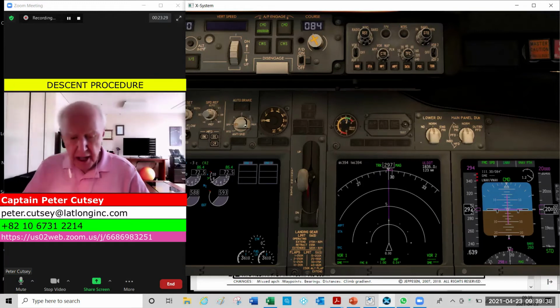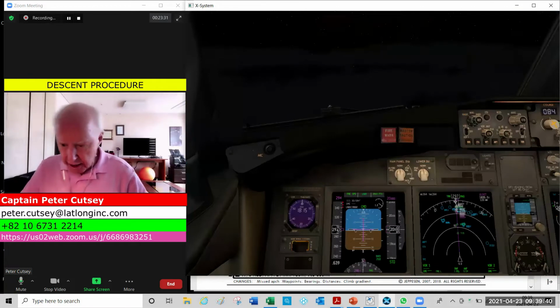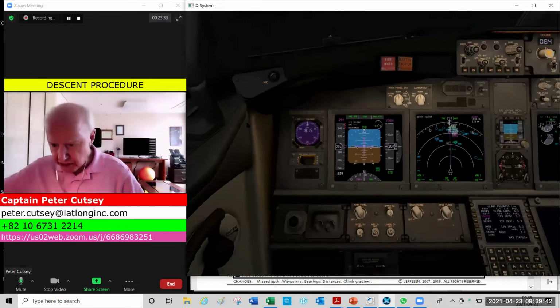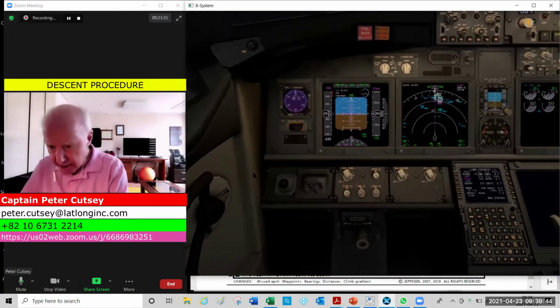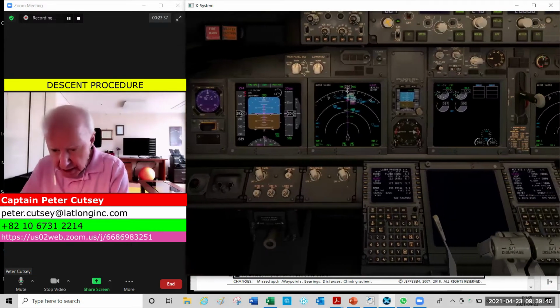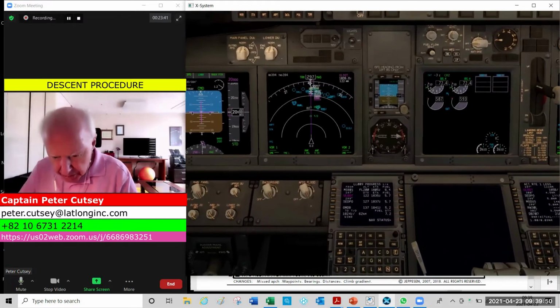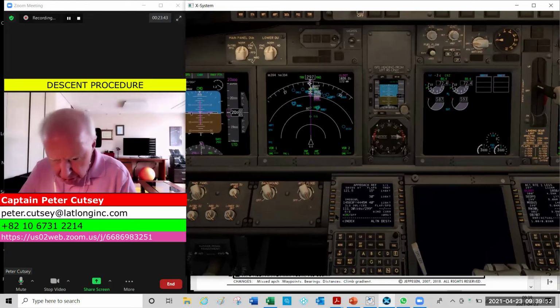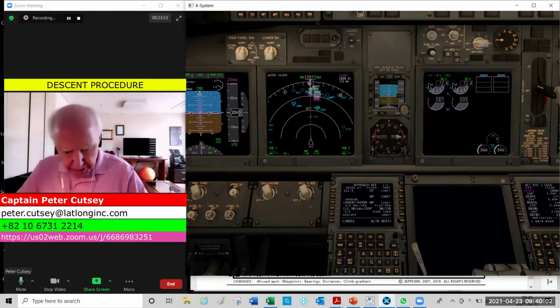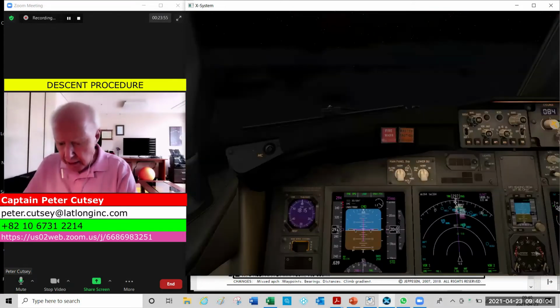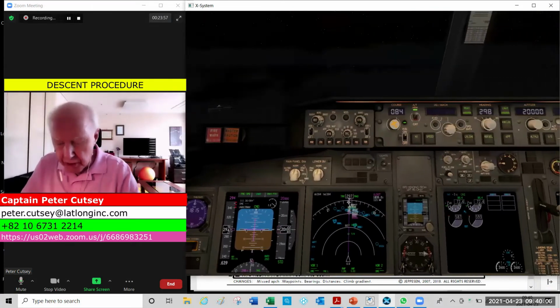That is set, and then we'll go and check the number 6 item, the second last one in the group of 3s. We want to set VREF to flap selected. So we will go to the approach page, and set VREF 30 has been set, and now in the next group of 3s, we want to go down